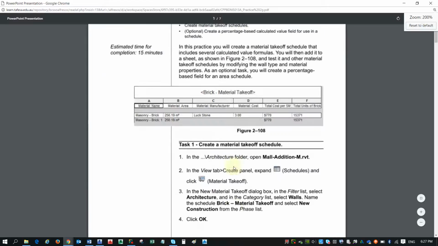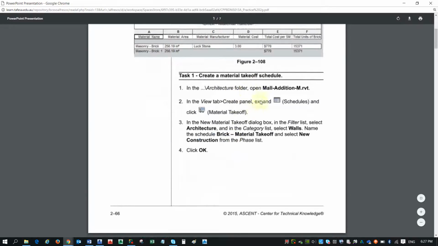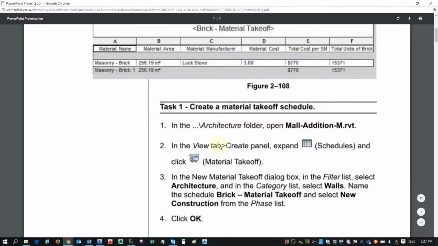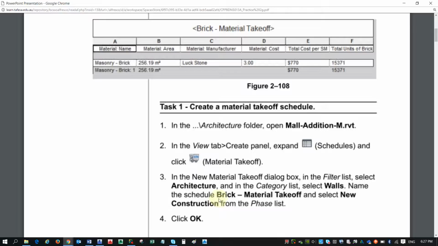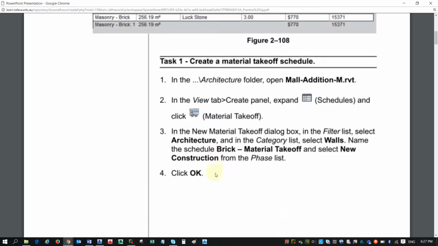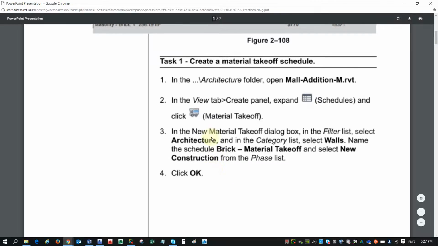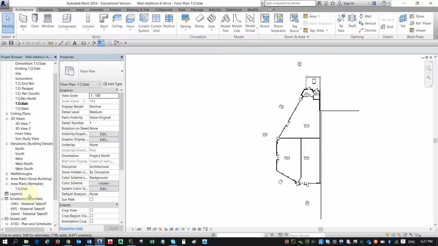Basically, we opened up that file, and we're going to go to schedules, and we're going to do a material takeoff one. All right, so this recommends you go to the view tab. I'm just going to right click. So in the new material takeoff, this is the list. Well, we're going to do architectural, and then we're going to select the walls. All right, let's do it. Okay, so let's go into here. Right click,